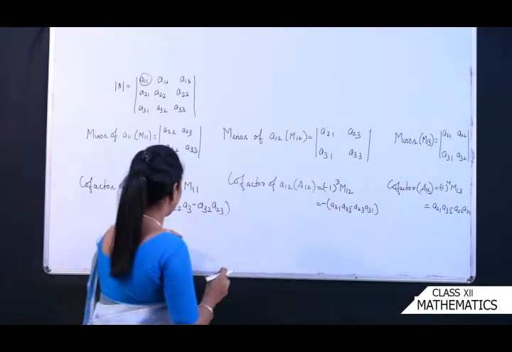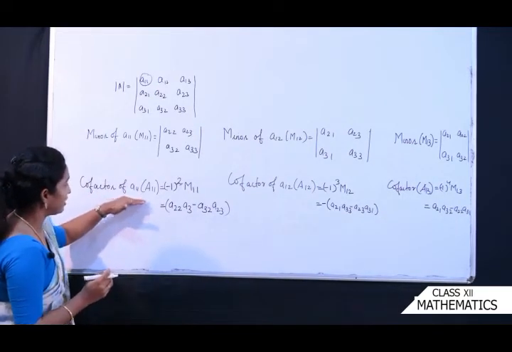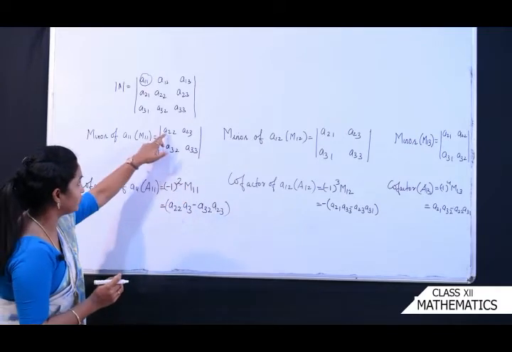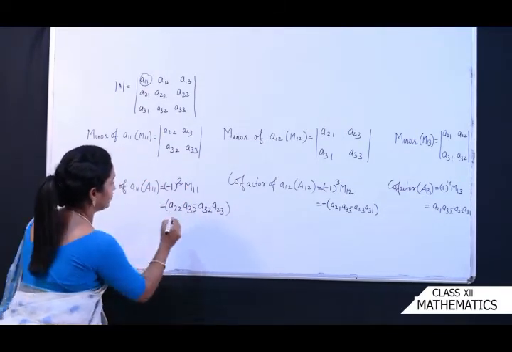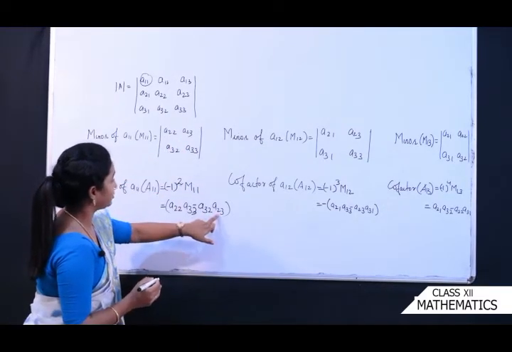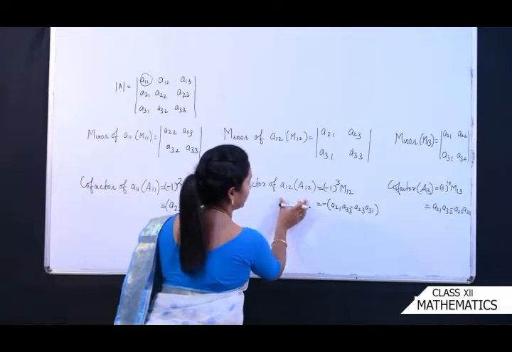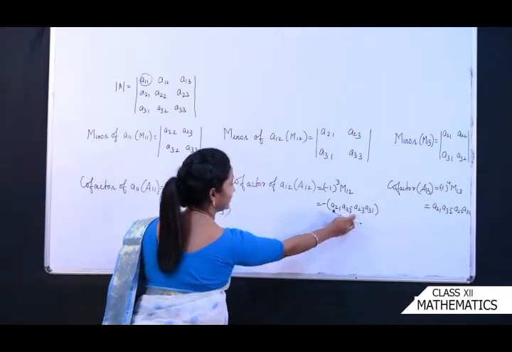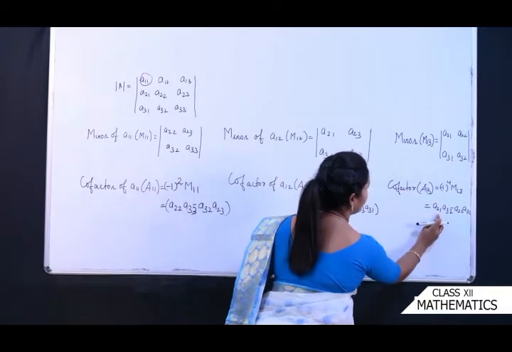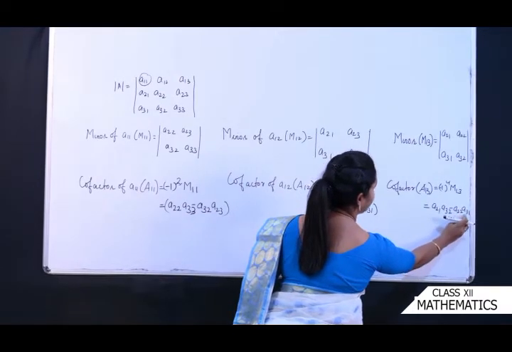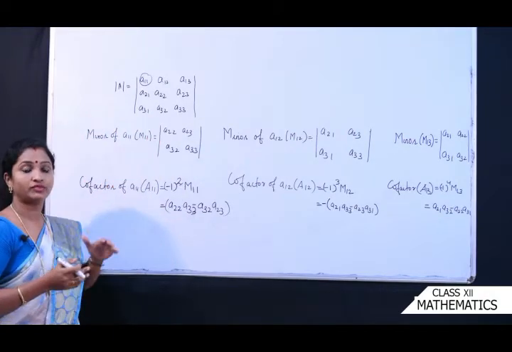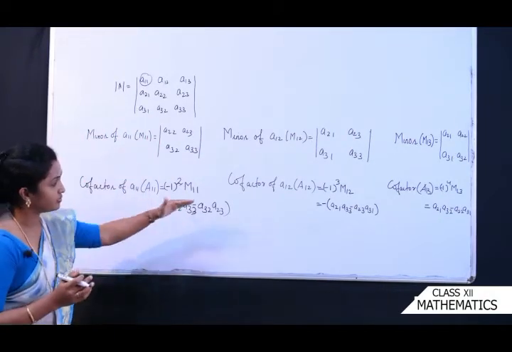ठीक है, क्लियर हुआ? एक बार दोबारा देखिए, कोफैक्टर आप निकालेंगे हर एक एलिमेंट का. सो -1 स्क्वायर इंटू माइनर. ओके, माइनर क्या होगा? A22 इंटू A33, यहाँ पे A33 होगा. ठीक है, एंड माइनस A32 इंटू A23. ओके, क्लियर? उसके बाद यहाँ पे आप निकालेंगे तो क्या होगा? A21 इंटू A33 माइनस A23 इंटू A31. ओके, नेक्स्ट में क्या होगा? ये A21 इंटू A32 माइनस A22 इंटू A31. तो यू गॉट ऑल द कोफैक्टर ऑफ द फर्स्ट एलिमेंट्स ऑफ द फर्स्ट रो. ओके, आपको पहले रो के सारे एलिमेंट्स के कोफैक्टर मिल गए.